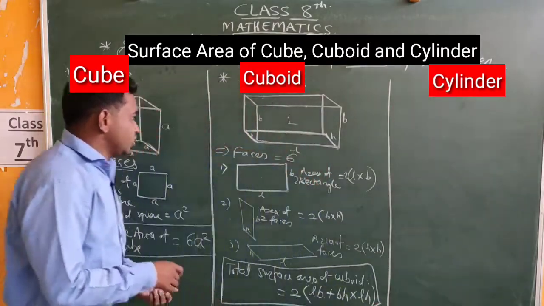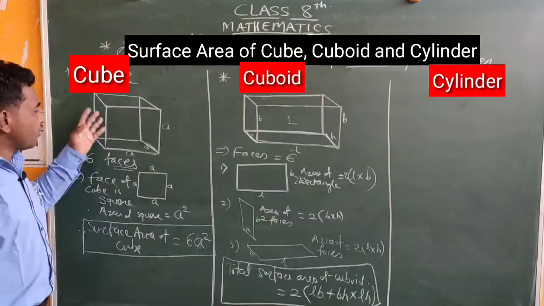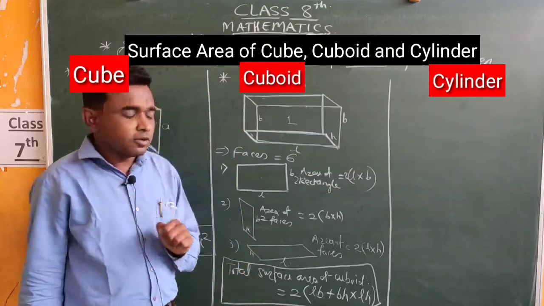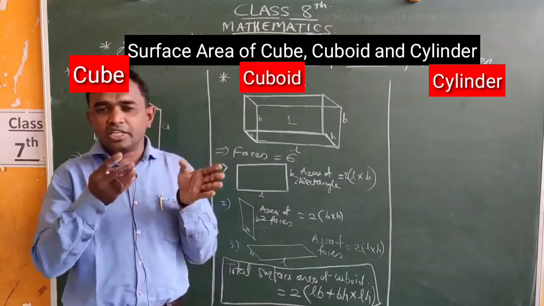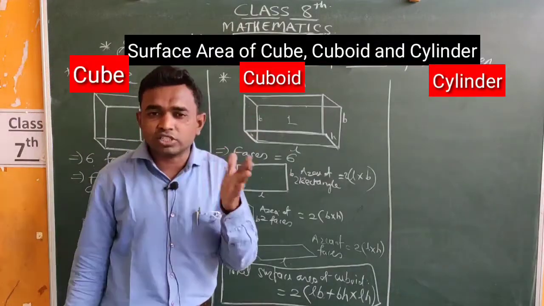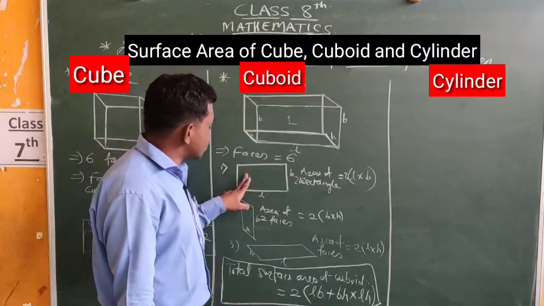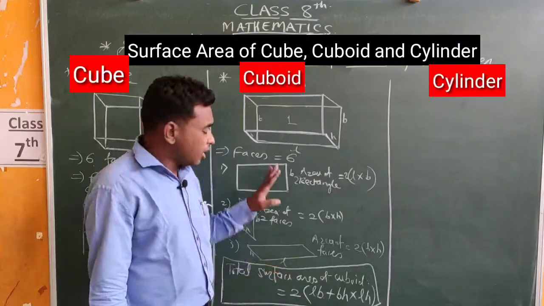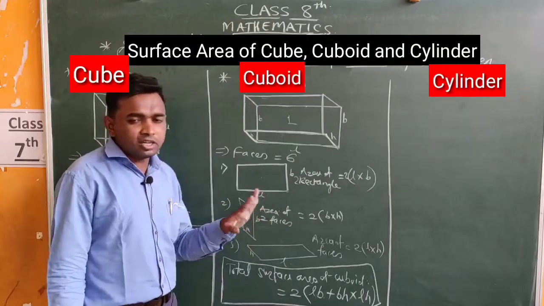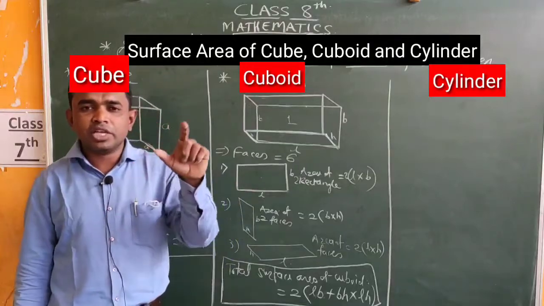Here the only difference between the cube and the cuboid is that a cube has all sides equal and all faces equal, and in a cuboid there are again 6 faces, but they have different dimensions: the length is different, the breadth is different, and the height is also different. Among these 6 faces they have pairwise similar faces. So the first is the rectangle, the second one and the third one, and when the dimensions change for this rectangle and the second and third figures, to find their area we use only one formula, the area of a rectangle.